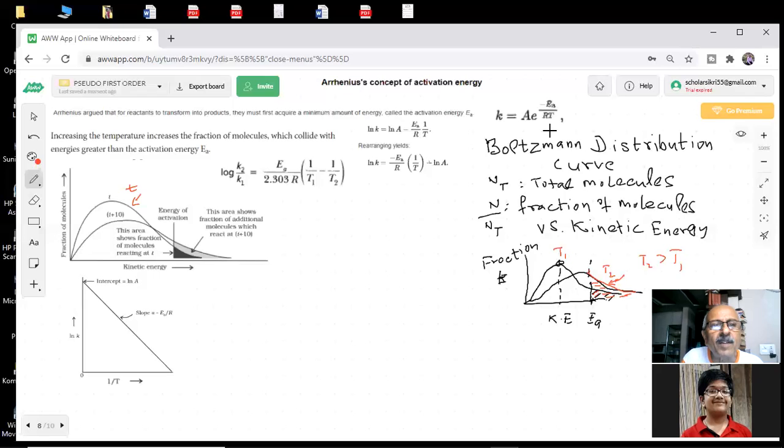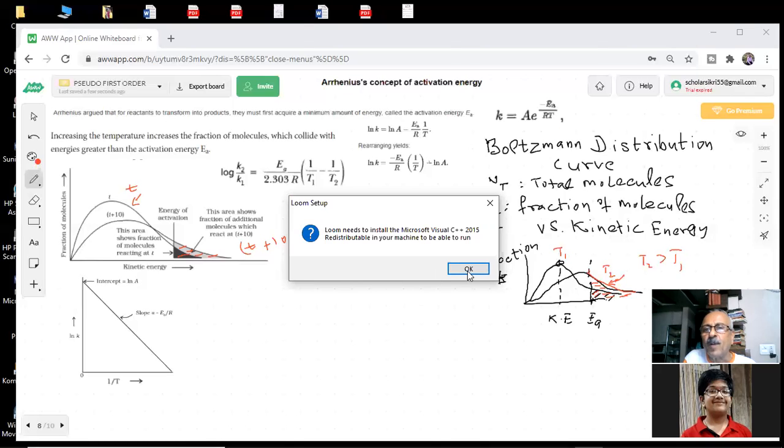And this one, the one I've shown here, you can see this is temperature T plus 10, increased temperature. If I increase the temperature, you see the area increased. So the fraction of the molecules which have energy greater than or equal to activation energy has increased. Therefore, the rate of the reaction increases. That is the correct answer for the question. Important question, very important question for exam.